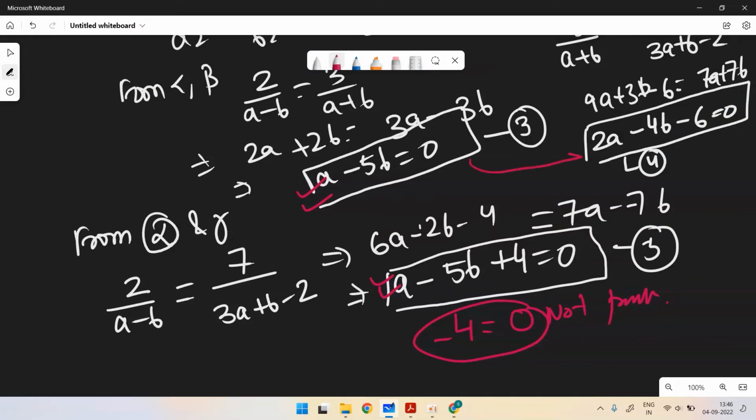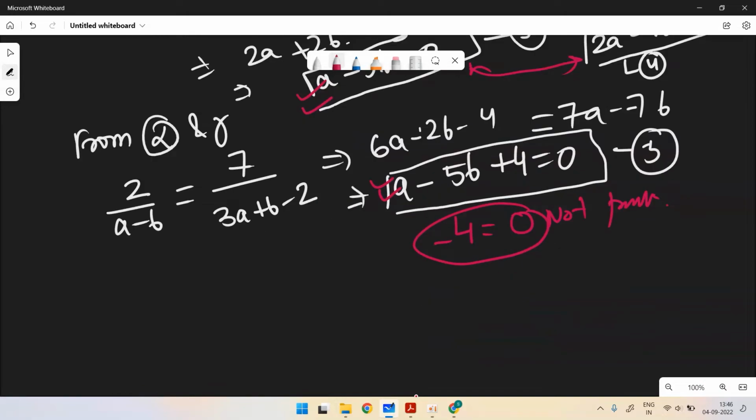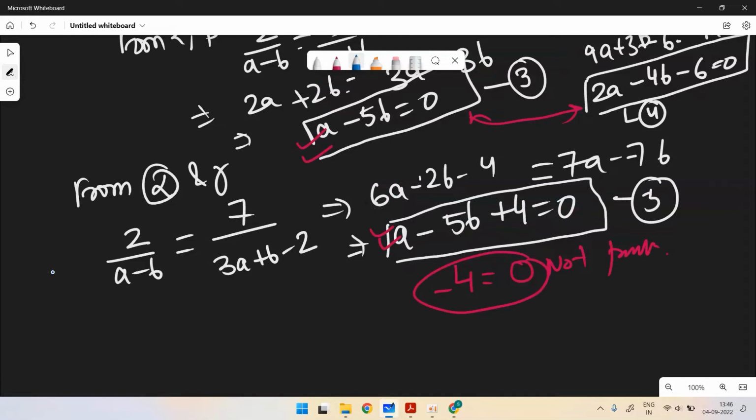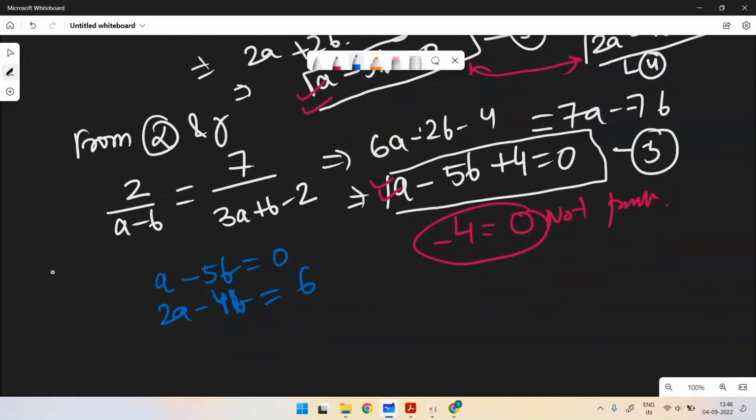From 3 and 4, we get some relation. What is this relation? This is a minus 5b equal to 0, and 2a minus 4b equal to 6. So if you multiply the first equation by 2,